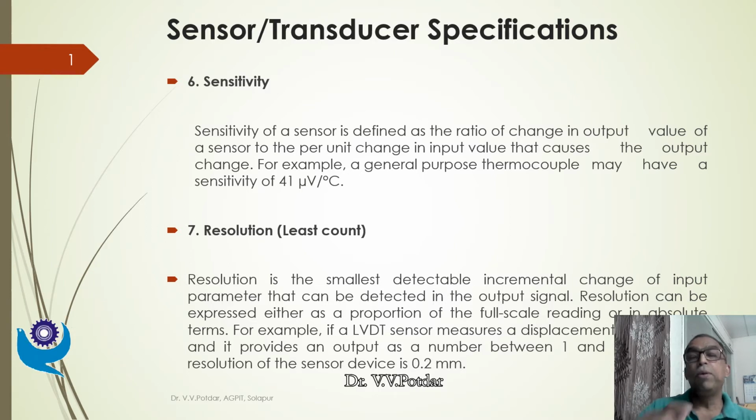And in between 0 to 1 bar, if I got 10 divisions, so each division corresponds to 0.1 bar. So the resolution of that pressure gauge would be 0.1 bar. The smallest detectable change, or the smallest output that a given transducer can show up when it is subjected to